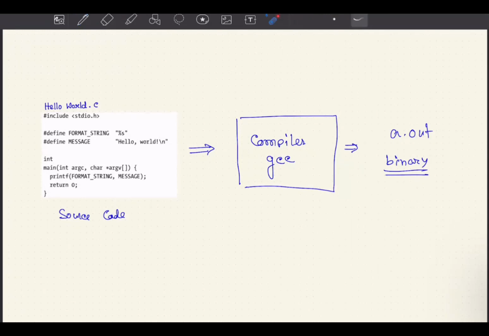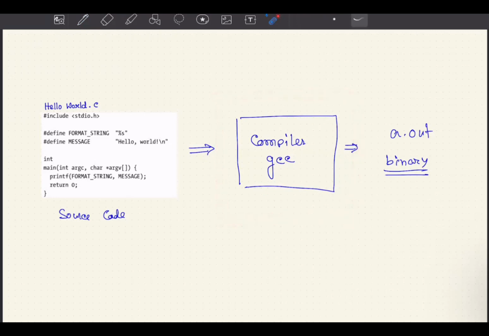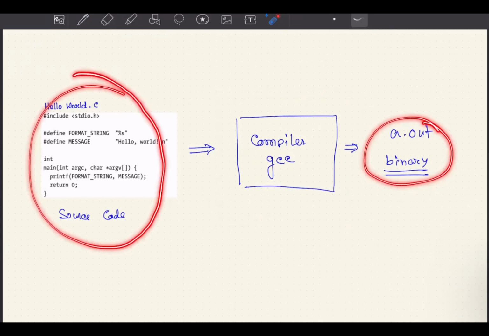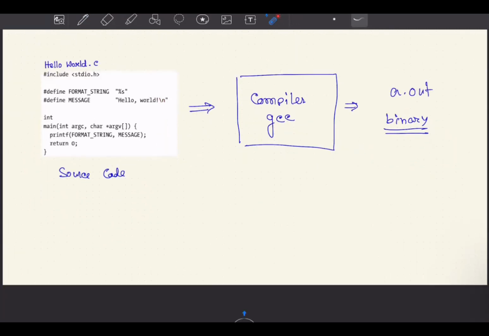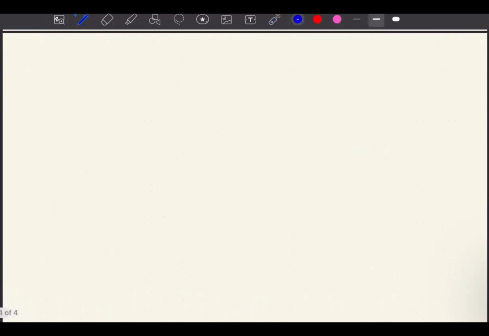Today, we want to deep dive into the compilation process of GCC or any compiler, and see how a binary is generated out of source code. Now, let us go into the details of a compiler. So let's see what the C compilation process looks like. This compilation process is majorly divided into 4 steps: